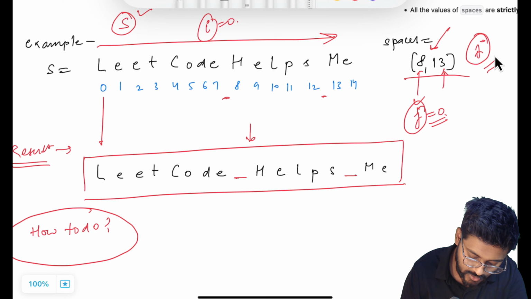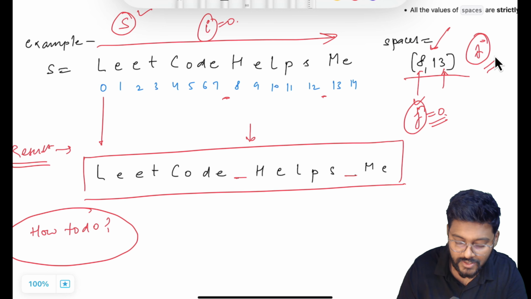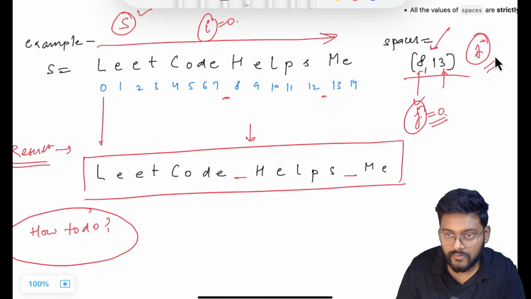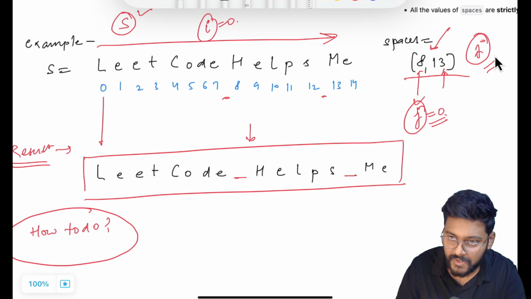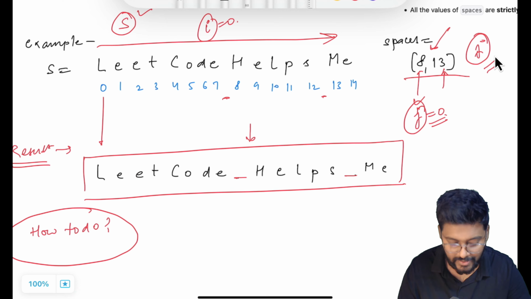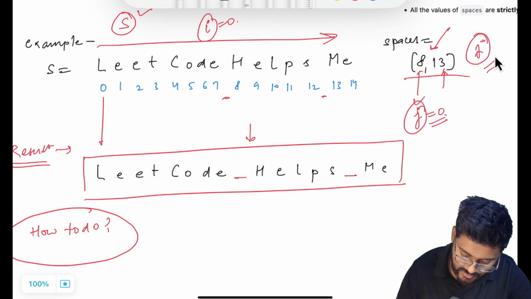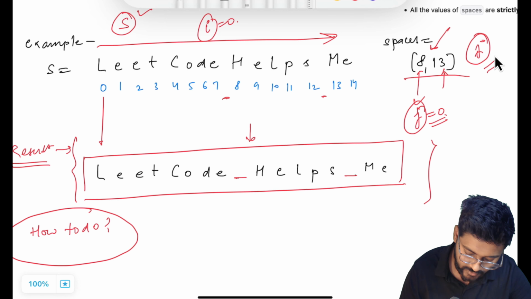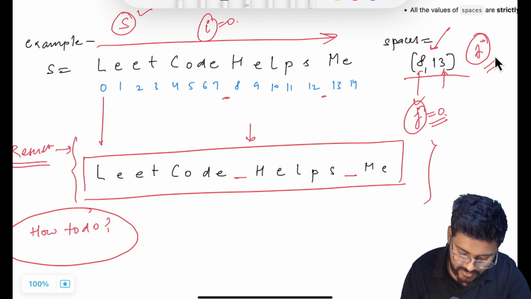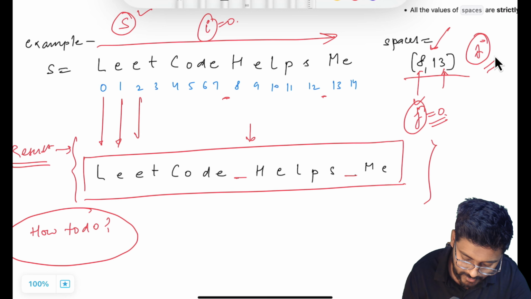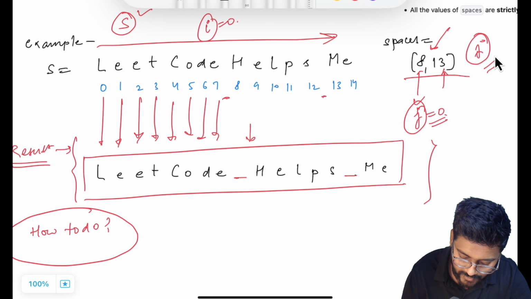Initially i was 0. So when it was 0, 0 is not matching the 0th element in the spaces. Whenever we match our current pointer in the s string with a spaces value, we are just directly going to enter a space, because we are building our string dynamically, and this is like a buffer. And in the buffer, we are adding characters one by one. 0 I added, 1 I added, and I am adding 2, then 3, then 4, 5, 6, 7. And when I'm coming to 8,